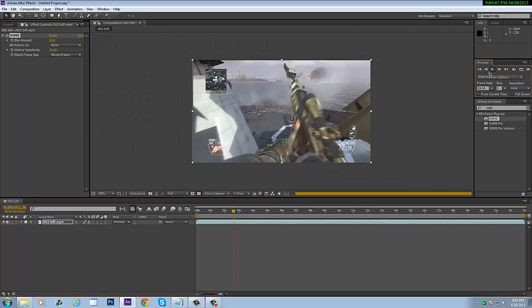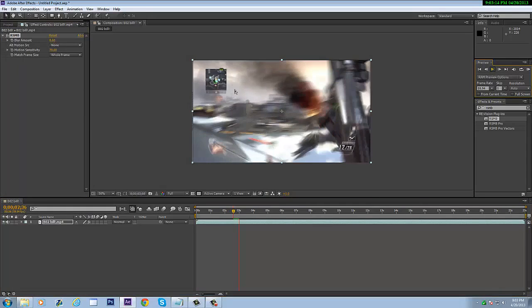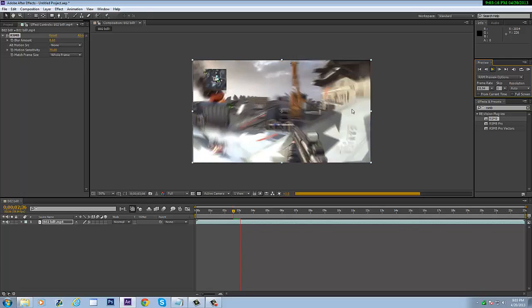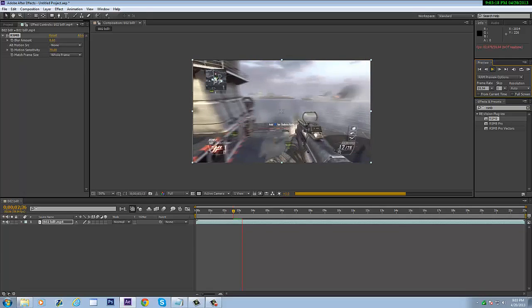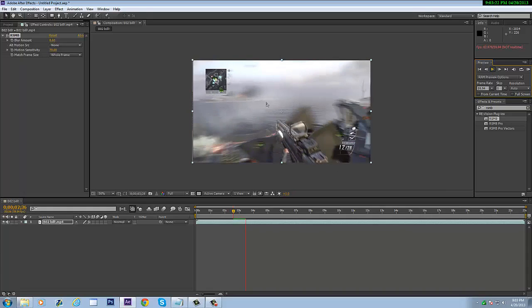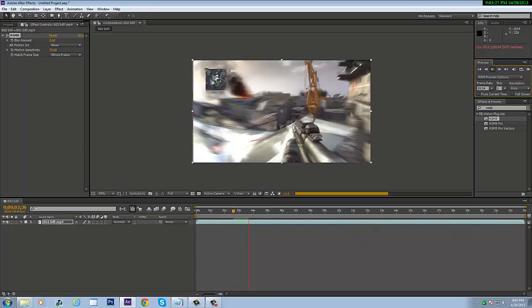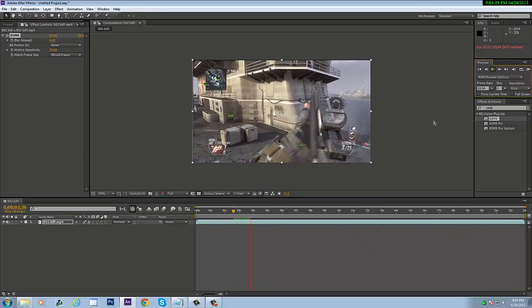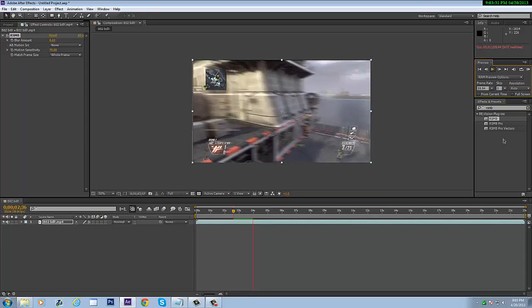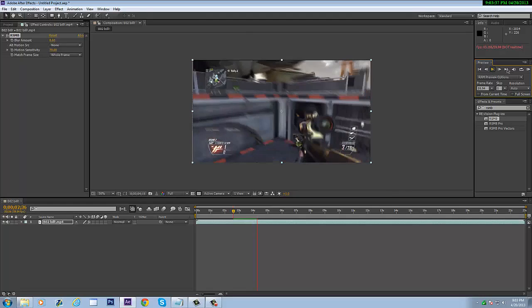So I'm going to actually use the play button so you can see it without the sound. Basically what it does, it affects everything except for when this weapon is still, like right now. It doesn't affect that, and it doesn't affect the map at all. As you can see, it moves everything else in destruction. It looks really cool. And you don't have to keyframe this at all unless you want to. I want to show you how to keyframe with it, just because I can show you how to keyframe while having this. So once we have that,